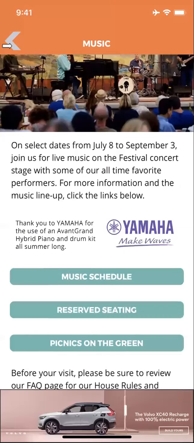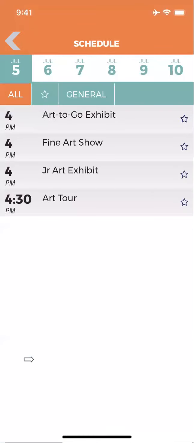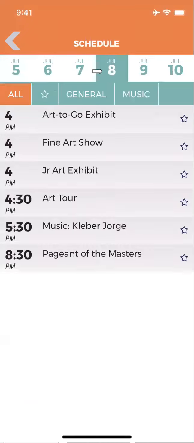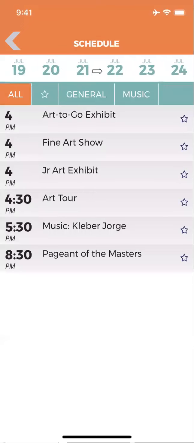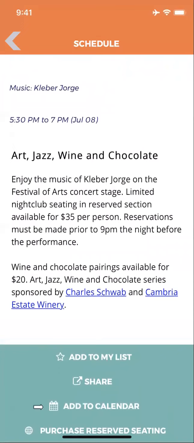Going back up to the top, we have a schedule of events. Here we see the musical performances, special art events, docent tours, and more. Simply choose the date of your visit along the top, and that white box area is swipeable, so you can go way out into the future. And to learn more about anything happening on the day of your visit, just go ahead and click the item, and you will see, among other things, the option to add that event to your calendar on your phone outside the app. Now let's go back up to the main page,